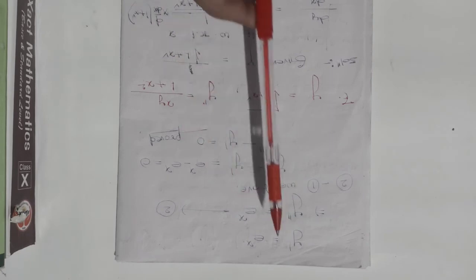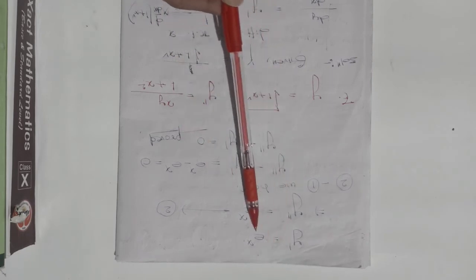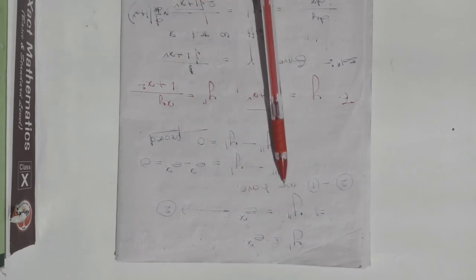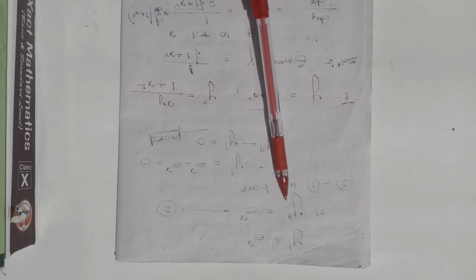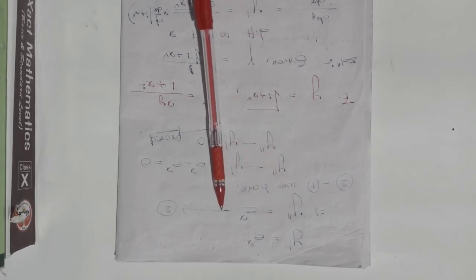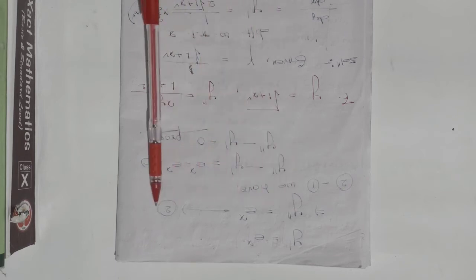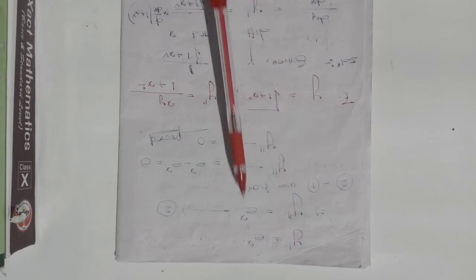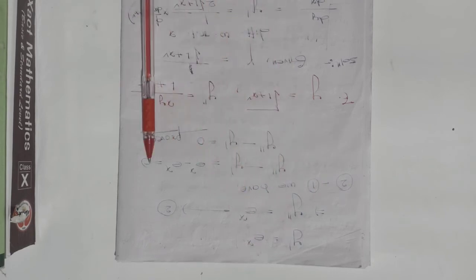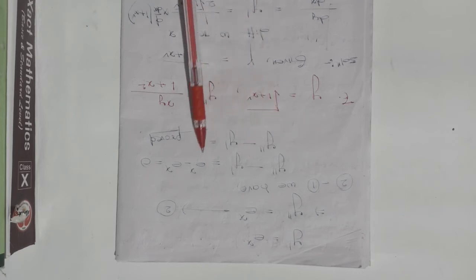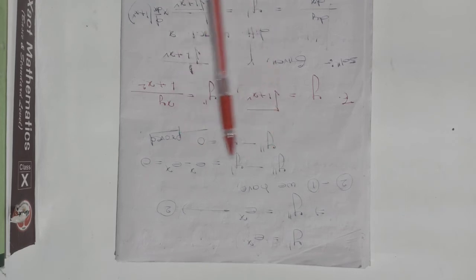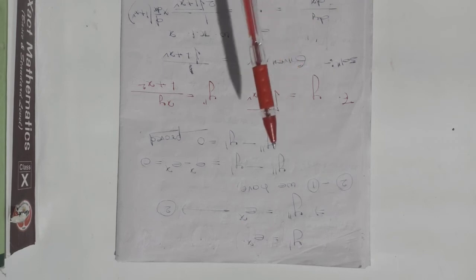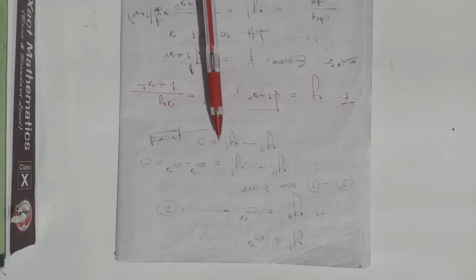So students, we have got y dash equal to e to the power x, equation number 1. When we differentiate again, y double dash is e to the power x. So it is equation number 2. When you subtract 1 from 2, y double dash minus y dash, e to the power x minus e to the power x is 0. So y double dash minus y dash equal to 0, and this is the given differential equation. So the answer is yes, the given function is a solution of this differential equation.